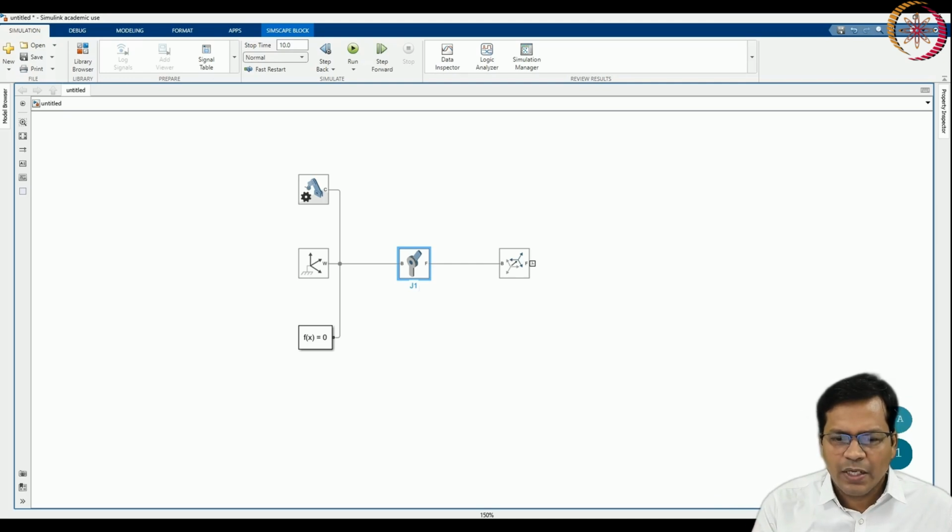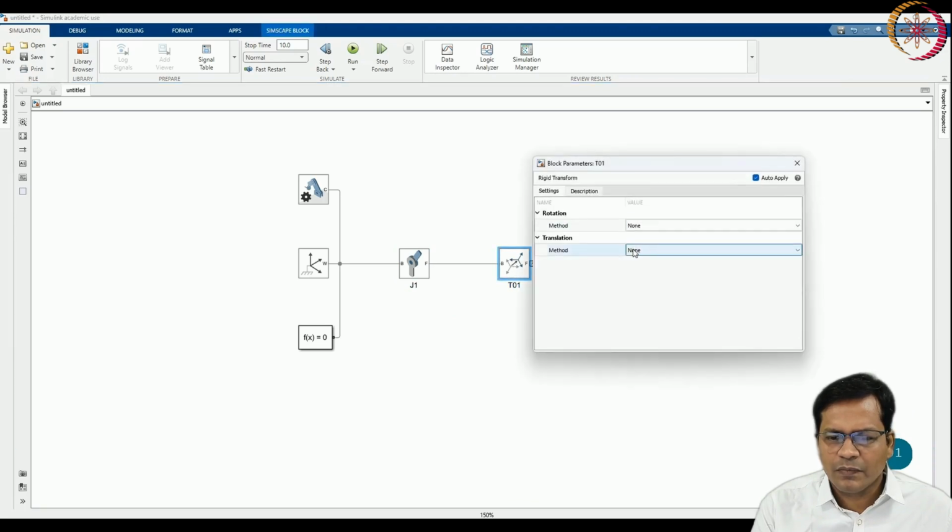Okay, and I have renamed it as J1, that is joint 1. This is T01. So method is Cartesian and offset is 1 0 0, that is along x. So you know all the distances along the link length is measured along x. So it is 1 0 0, that means link length will be 1 meter. The unit is set as meter over here.